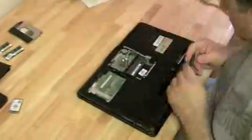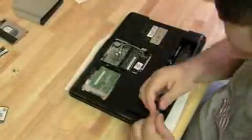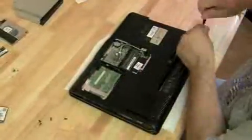Okay, like I pulled that RAM out. I wanted to show you that we did try replacing the RAM. It still could have been a RAM problem, but with the new RAM in, it did the same thing. So